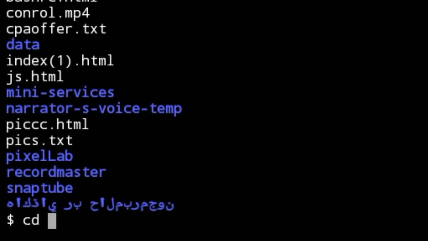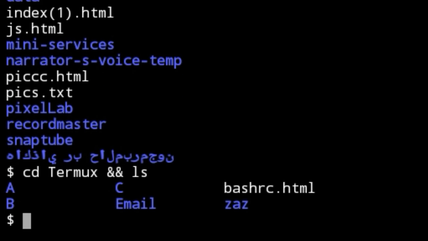Okay, cd Termux. Let's enter this folder and this symbol and ls. As you can see, guys, and this is how you can access any path